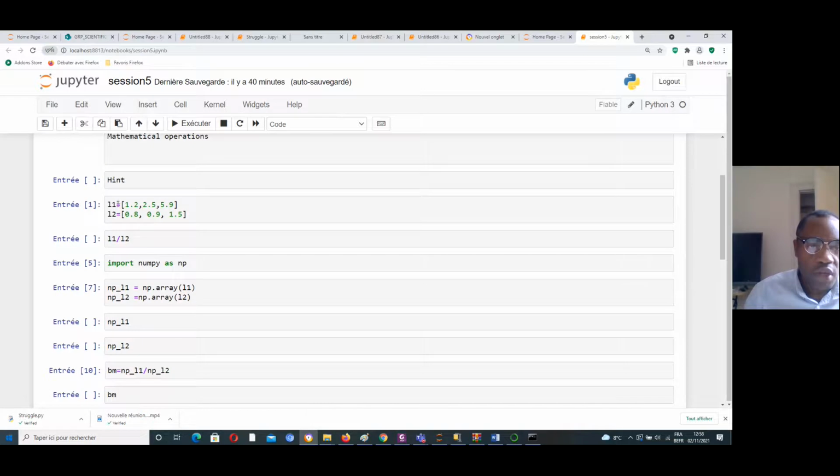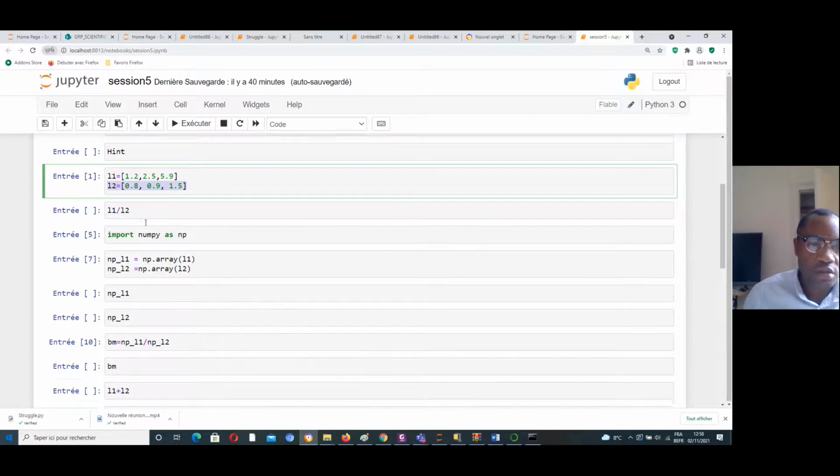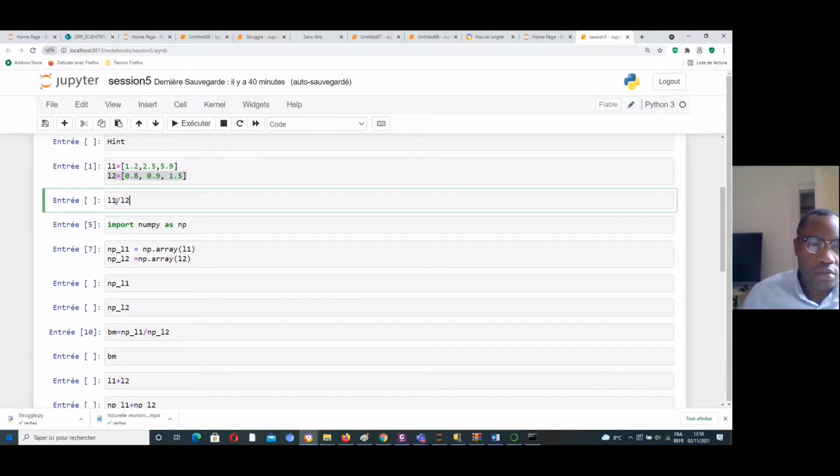For example, L1 equals this first list, and here is the second list. If I divide these two lists, L1 divided by L2, let us run it.